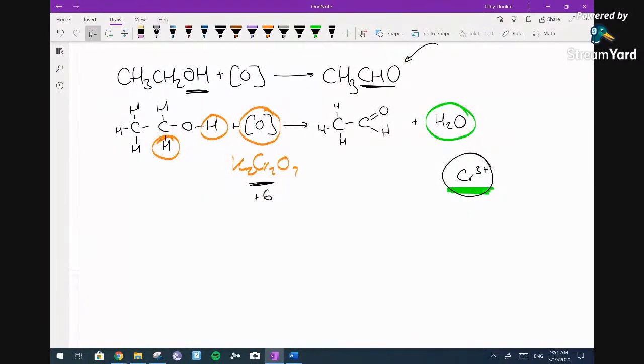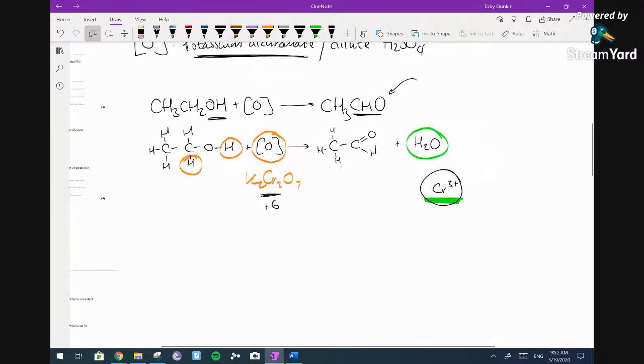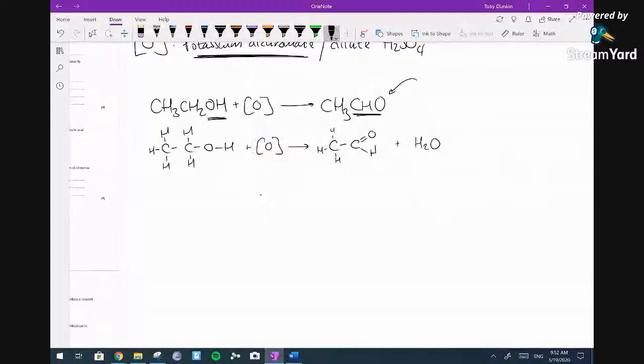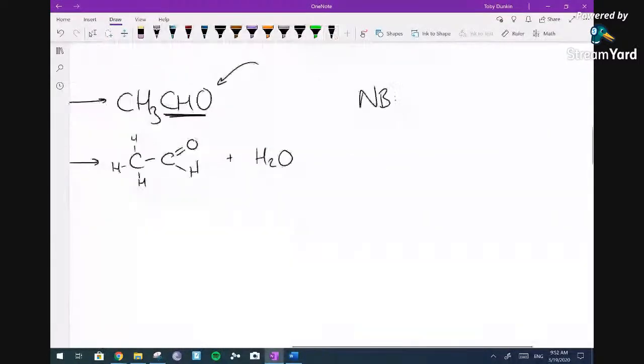They do often ask this: give the reason for the color change, give the species at the end, and all we have to say is chromium 3+. So quite nice that. But it doesn't get included in the equation. Now that's one of the things that fascinates students. I'm just going to put that rather than underneath them. I think they actually probably would prefer having their own little nota bene box. Nota bene, I prefer that. So in the nota bene, I can say